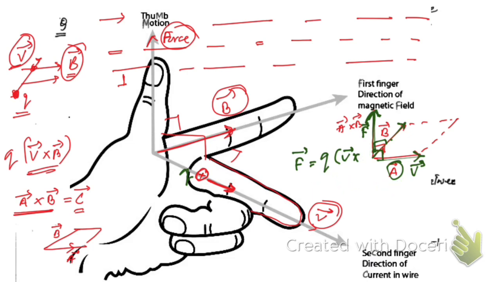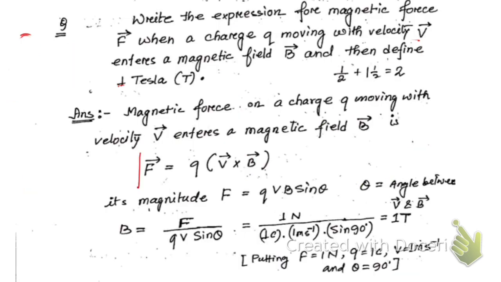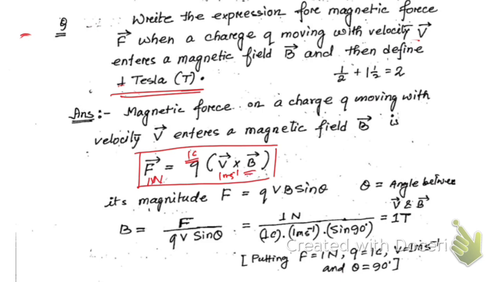Now you can pause the video and note the answer. Here is the expression for the force on a charge moving in a magnetic field with velocity v. Now we need to define 1 Tesla from this expression. If you put here 1 coulomb charge and velocity of 1 meter per second, and you get the force of 1 Newton, then we can say the magnetic field is 1